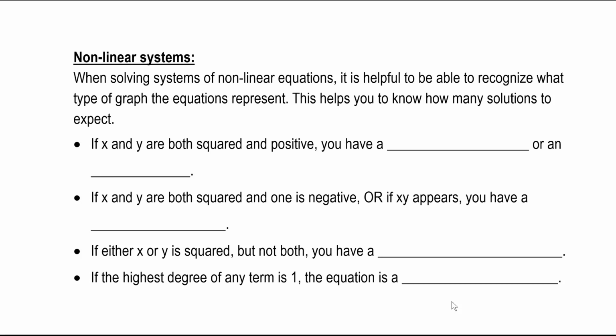So it's just a quick way to recognize certain kinds of equations and what graph they represent. If x and y are both squared, and they're both positive, then you're going to have either a circle or an ellipse. And we're going to learn how to graph those and recognize the equations later on. But for now, if you can see those things happening, it'll help you